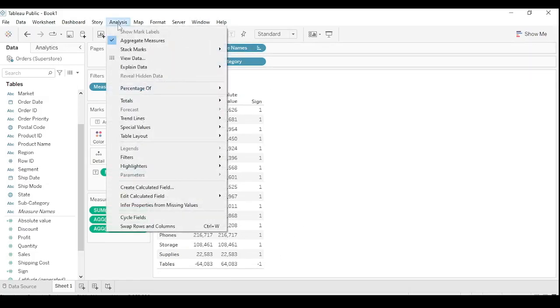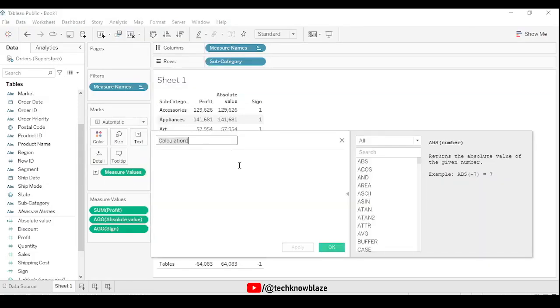Let's try the third calculated field in the numeric section. For that, we are going to create one formula for the profit margin. That is SUM of profit divided by SUM of sales.